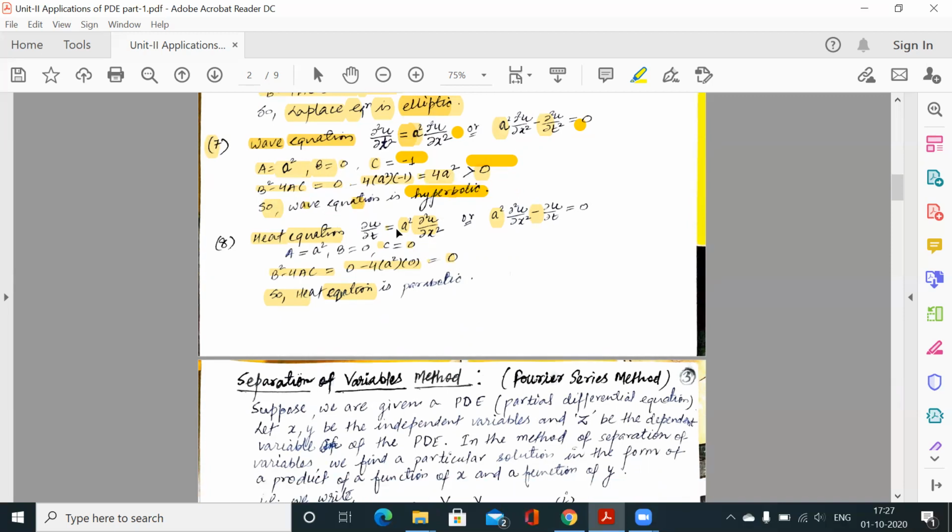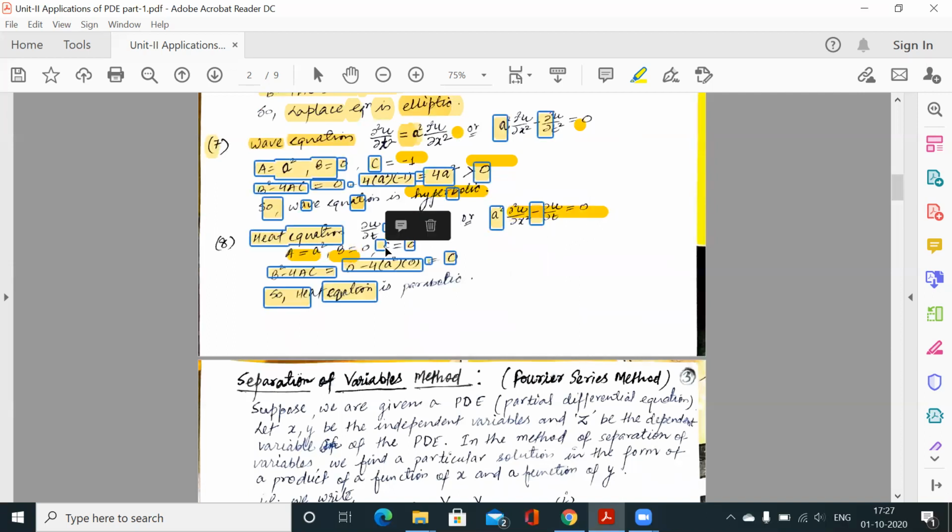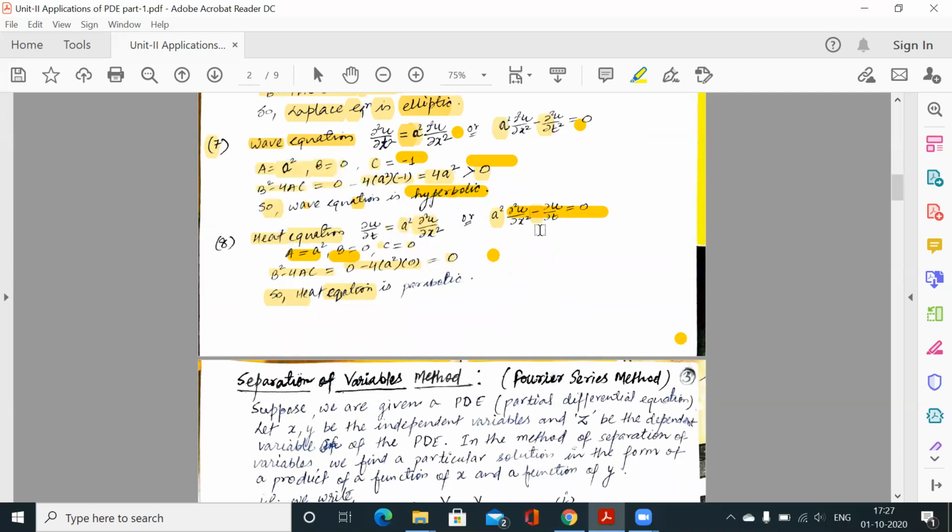Now the heat equation, this is the format of the heat equation. Again we have to shift all the terms on the one side, so this is the required equation. Now a is a square, b is 0, c is again 0. Why is c 0? Because there is only one term of second order, del 2u over del x square. There is no del 2u over del x del y, there is no del 2u over del y square or del t square. So c is also 0. So b square minus 4ac means minus 4a square times c, and because c is 0, we are getting 0. So this is always parabolic. The heat equation is parabolic.